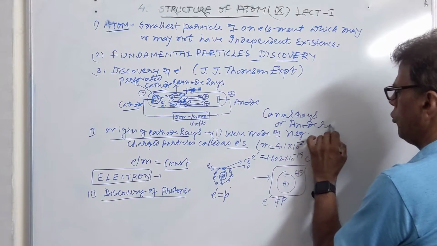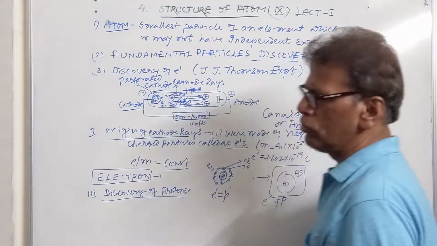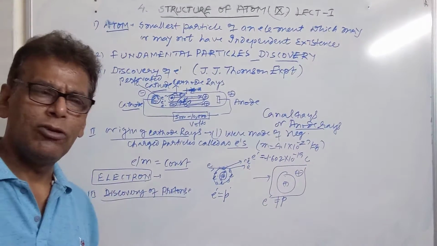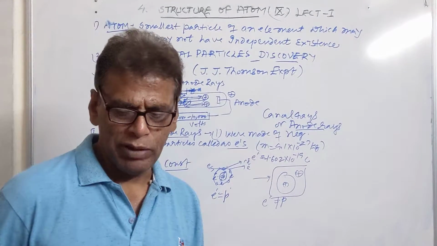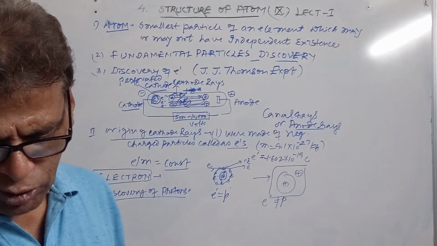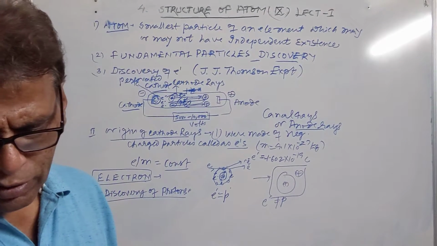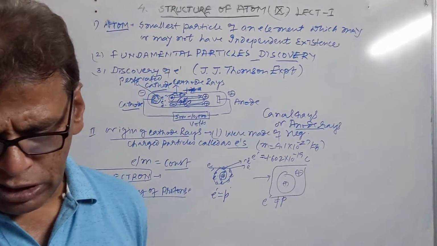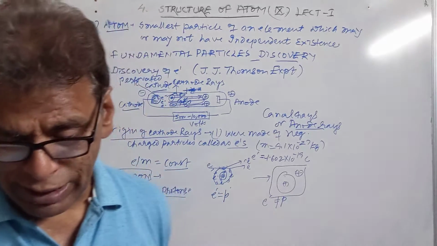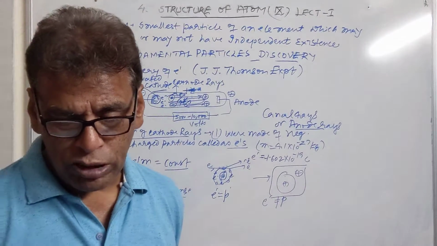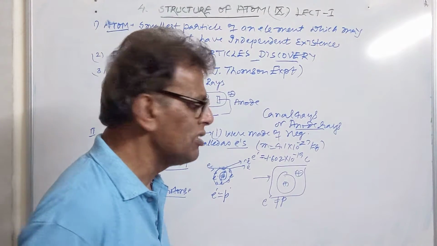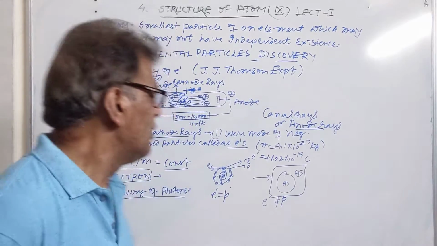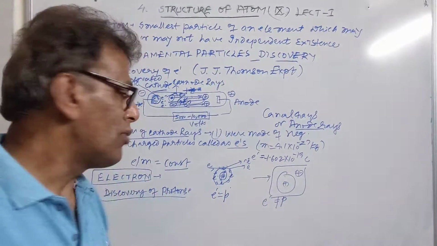Since they appear to be coming from the anode to the cathode, they were named anode rays or canal rays. They travel in a straight line. They also possess a heating effect. They spoil the photographic plate placed in their path. They are made up of positively charged gaseous atoms, and the positive charge was due to some other particle in these gaseous ions, which was named a proton, whose mass was equal to 1.67 into 10 raised to power minus 27 kilogram, and it had a unit positive charge, that was plus 1.602 into 10 raised to power minus 19 coulomb.